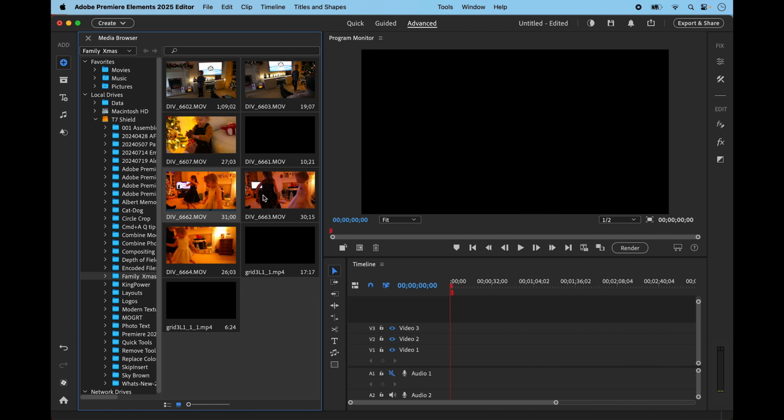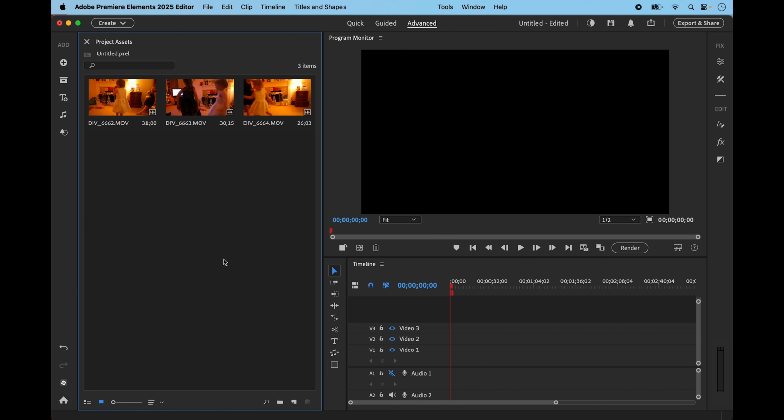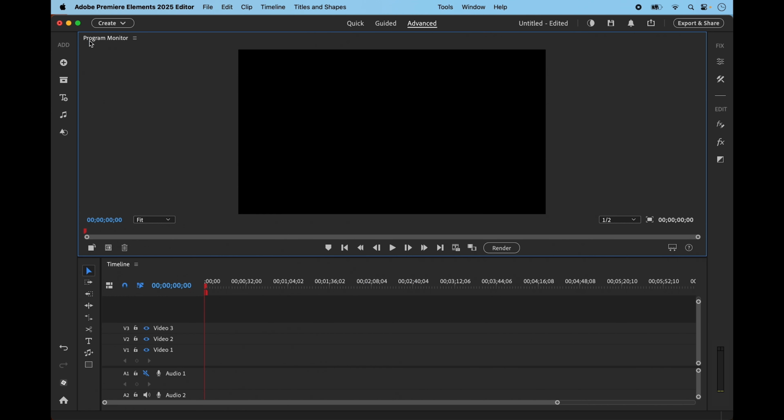I'm going to just select 3 of these family clips by holding down the Control key. These are ones taken at Christmas. And I'm going to right click and choose Import. And as you can see, it opens up the project assets and brings them in. We can close this at any time, and we get the full length then of the timeline and the project